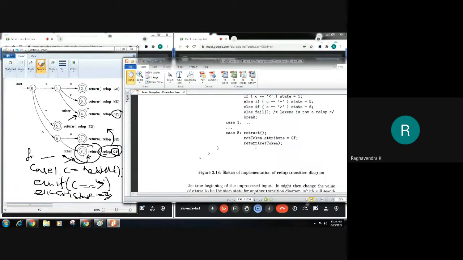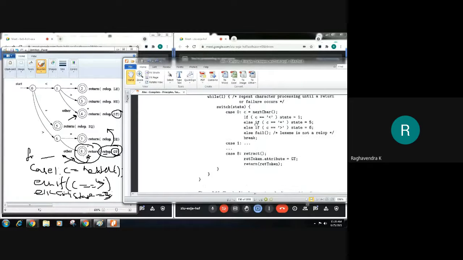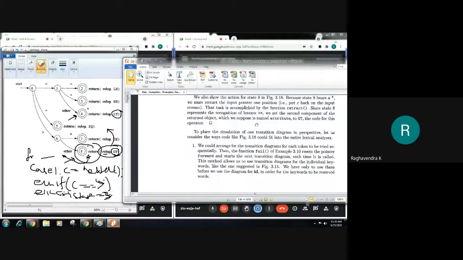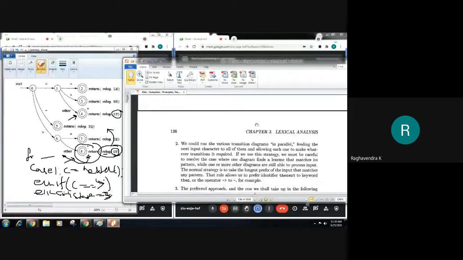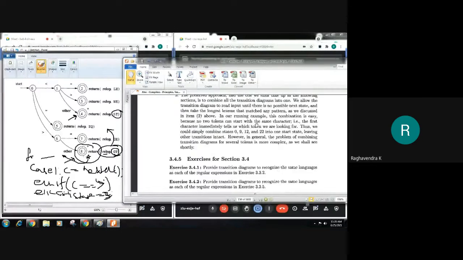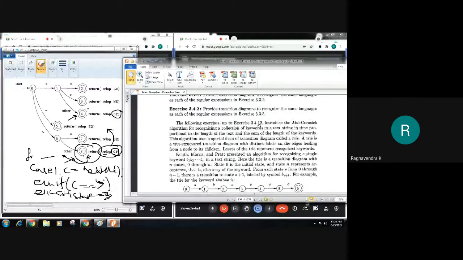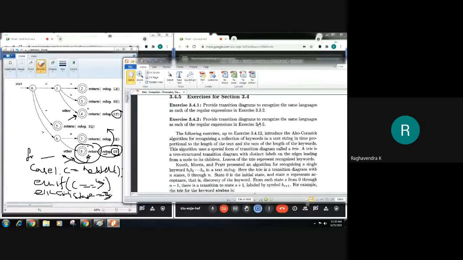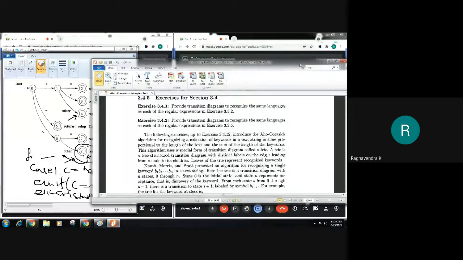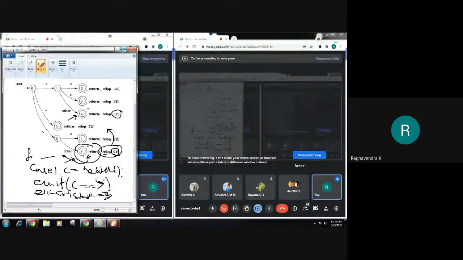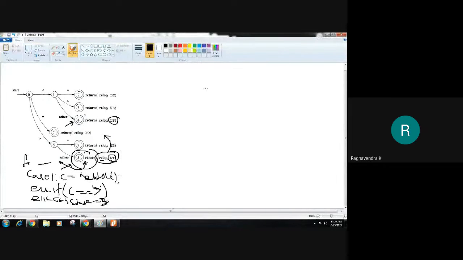This same exercise can be repeated for all the transition diagrams that we have already seen. This is how things normally work in the lexical analyzer when we use regular expressions. On paper itself we can develop all of these things. First we need to write the regular expression or pattern for the lexemes that we are trying to identify.